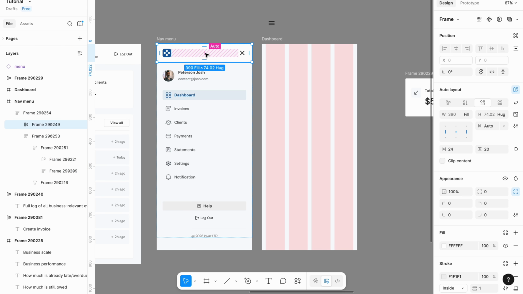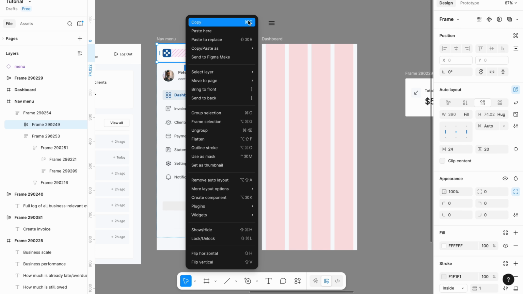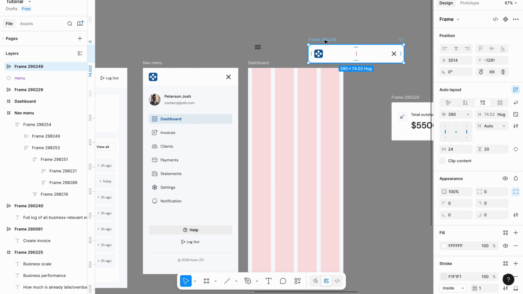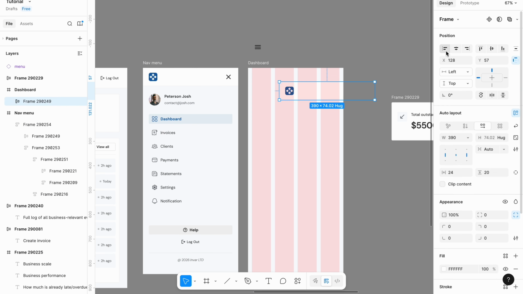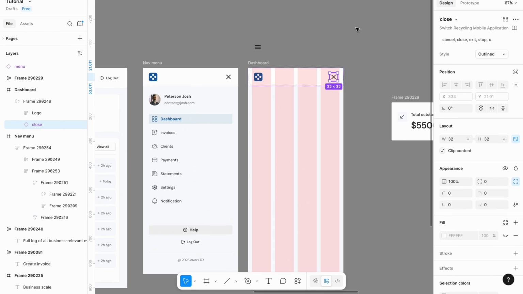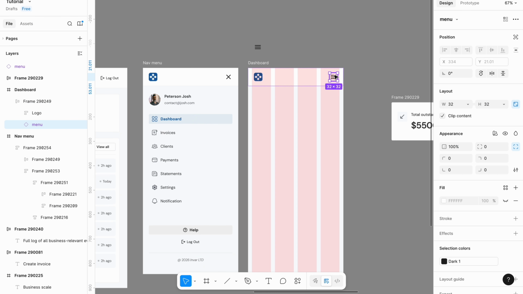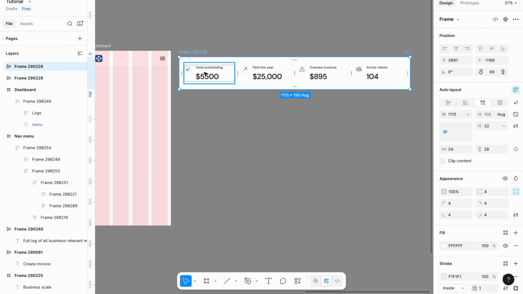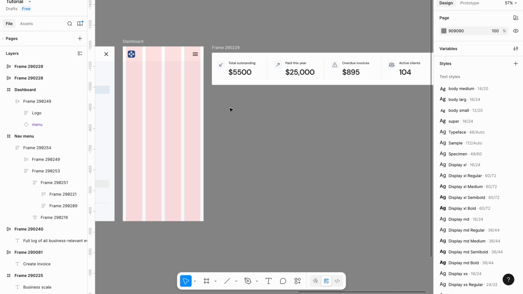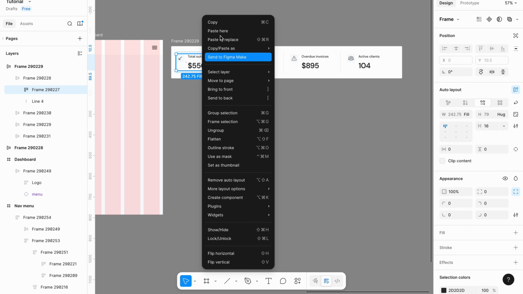I'm going to copy this because it's exactly the same thing that we'll be using. I'm going to bring it in here, make sure it's aligned properly. Then I'm just going to change this. So when the user clicks on this opens. So for this card, I'm just going to rearrange it in such a way that they all fit into this space. So I'm going to bring this out,